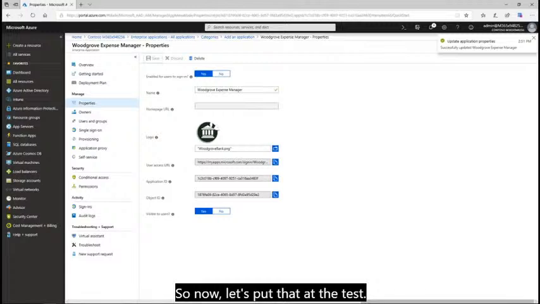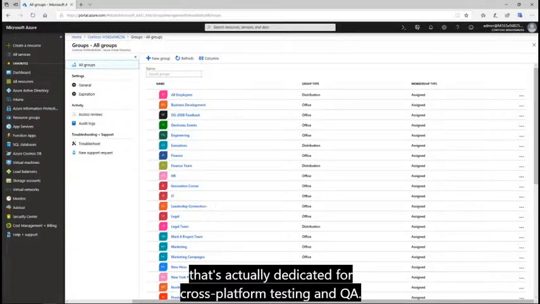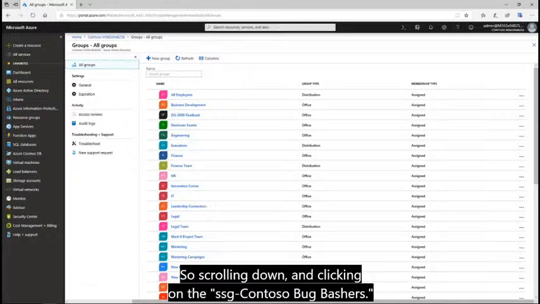So here we're trying to look for Contoso Bug Bashers group. This is an internal security team user group that's actually dedicated for cross-platform testing and QA. So scrolling down and clicking on the SSG Contoso Bug Bashers. Clicking on members, add members,